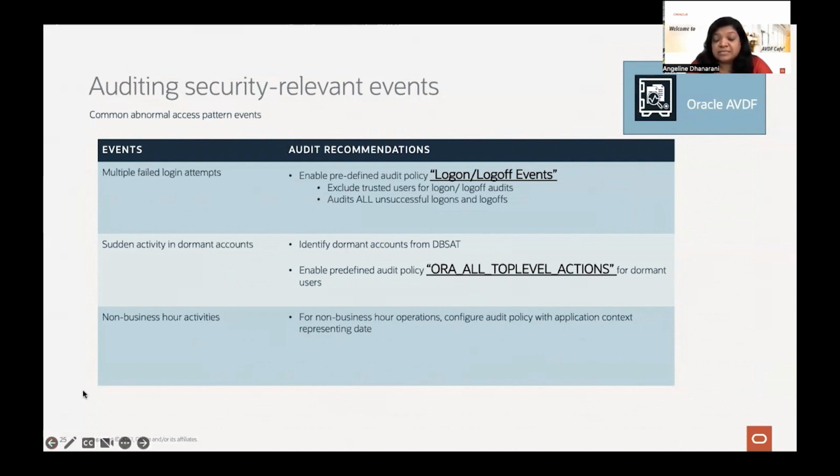So this might be a little overwhelming, but for most of the things we do give single click provisioning options. As long as you're aware that most of them are available as a single click provisioning option, it's quite easy to configure. There is no rocket science involved. The custom configuration is only meant for something very specific to your environment. Everything else is available as a single click option from AVDF or DataSafe if you are using the cloud service.